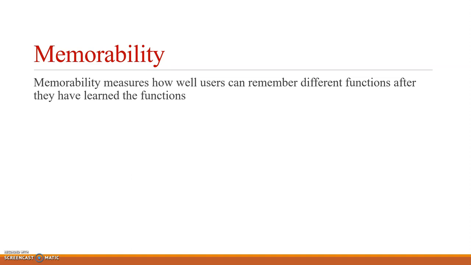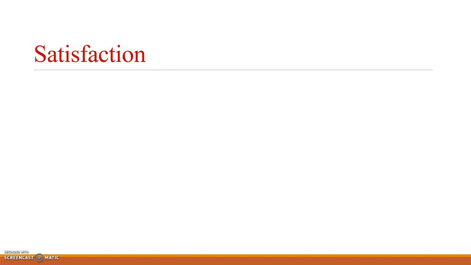It may happen that the product or the software which I am developing, like one example which I am continuously giving, is the income tax return form, which is going to be filled only once in a year. So if I'm visiting that form again, I should be able to fill that form on my own again. It should be designed in that way that I can recall the things. So that concern is going to become memorability. So that attribute is related to memorability. Memorability measures how well the user can remember different functions after they have learned the functions of a system.